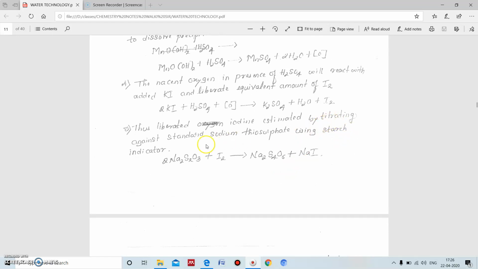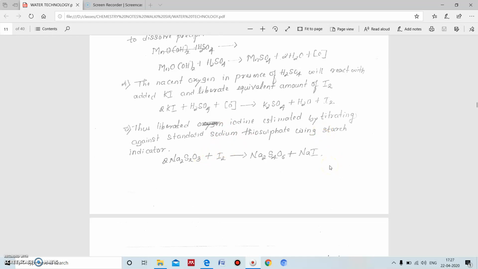In this reaction, sodium thiosulfate reacts with iodine and converts it into sodium tetrathionate and sodium iodide. However much dissolved oxygen is there, that much iodine will be liberated, and this iodine is determined using the sodium thiosulfate solution and the starch indicator,